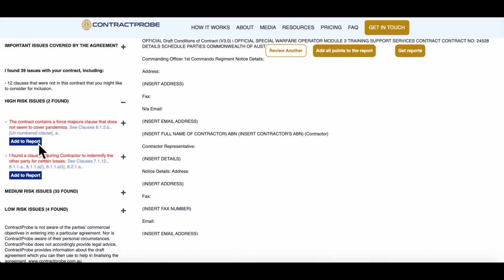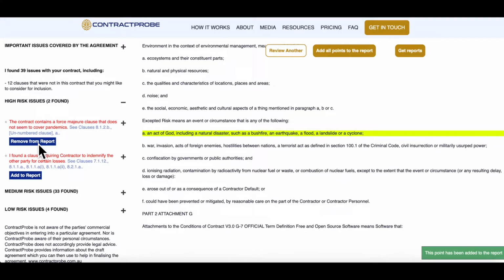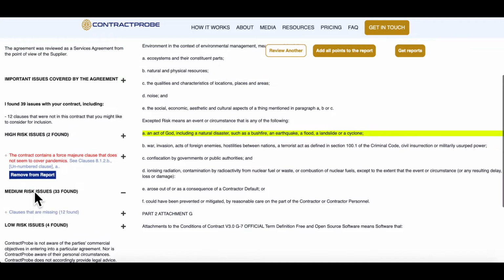The first high-risk issue identifies that the force majeure clause doesn't cover pandemics. We'll add this to the report. The second high-risk issue is about indemnities. ContractProbe will always call out issues with indemnities. However, in this case, their drafting is acceptable, so we will leave it out. Obviously, you would need to make the call if it is an acceptable risk for your own internal corporate risk